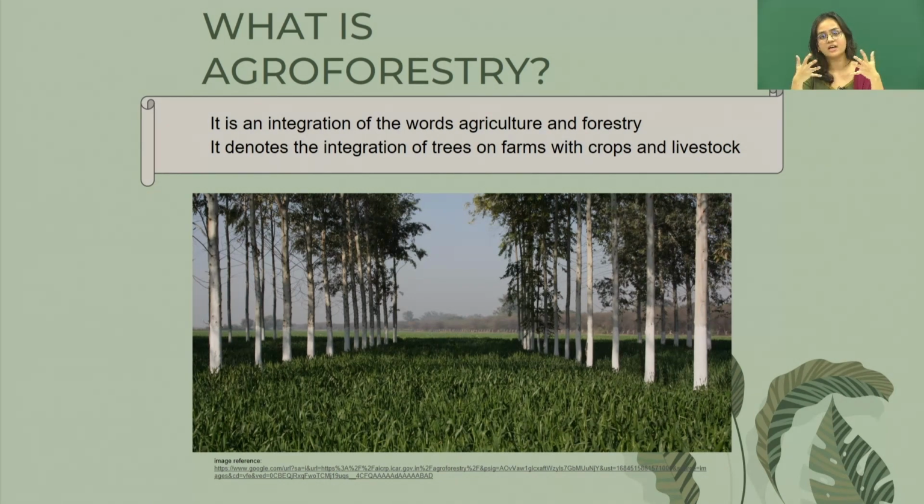So what is agroforestry? Agroforestry is the combination of crops and trees cultivated on farm or off farm over the land. It is more complex than a monoculture cropping system, but it has various economic and environmental benefits